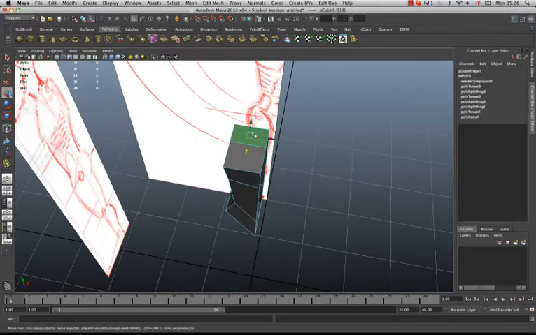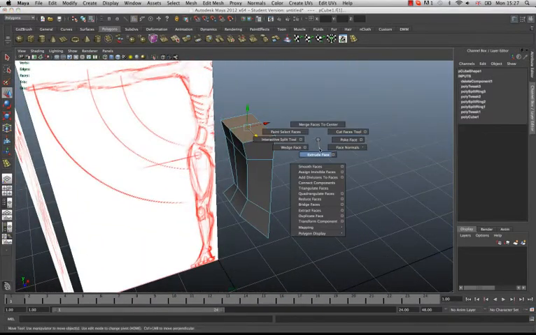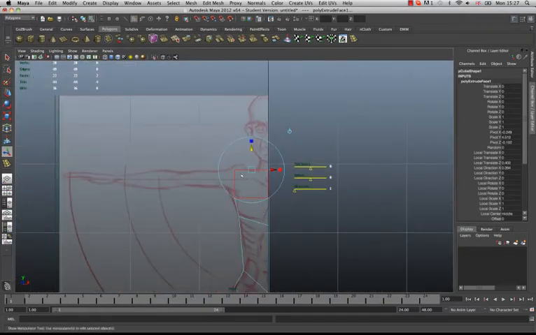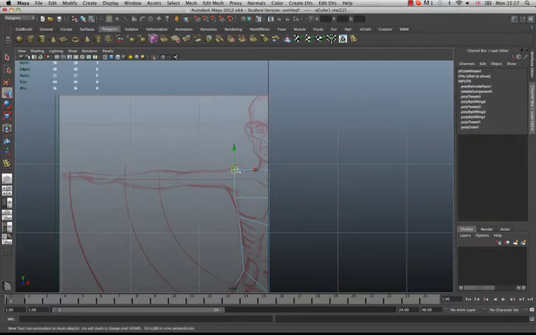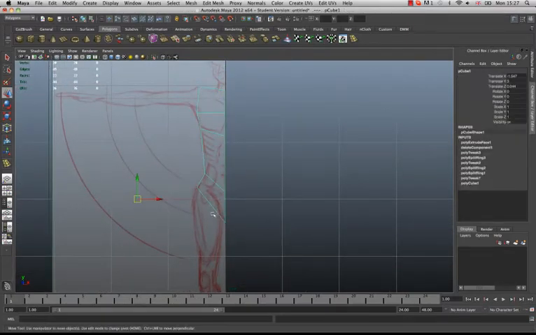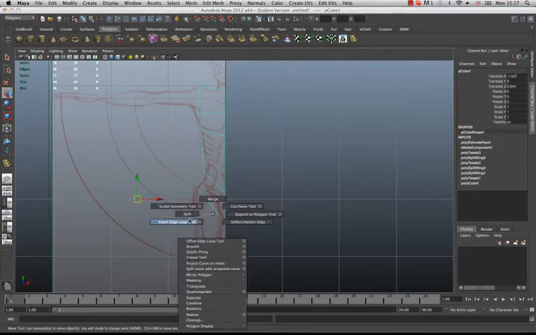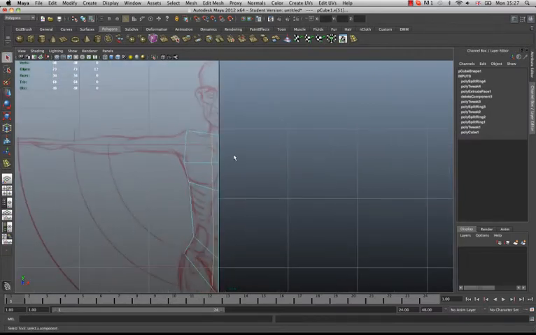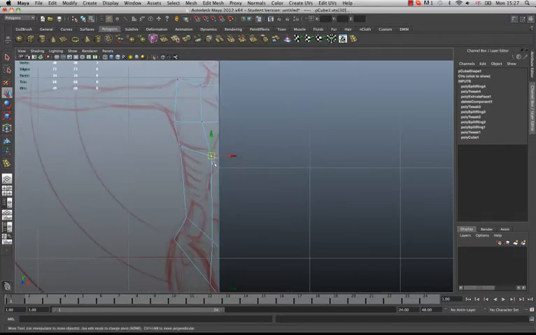Okay, so the next part is taking these two top pieces and extruding those up. Just build that face up here, and you can see that that's now brought in a nice shape for us to work here. And we can see that we also need to add an edge loop, which I'm going to use a quick pick menu for. I'll just pop that into there. Okay, so we can bring this edge loop over here. Where we can, we try and keep things as central as possible. So I'm going to move this one out,